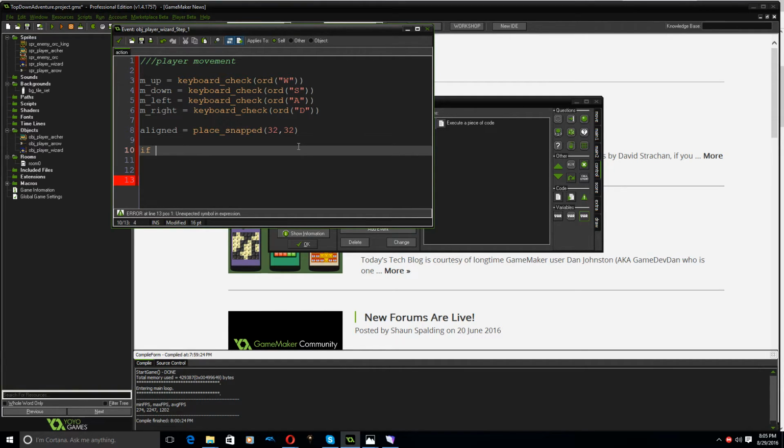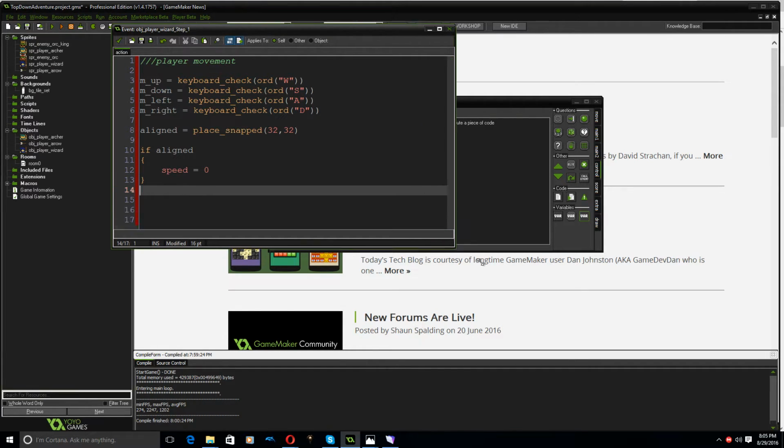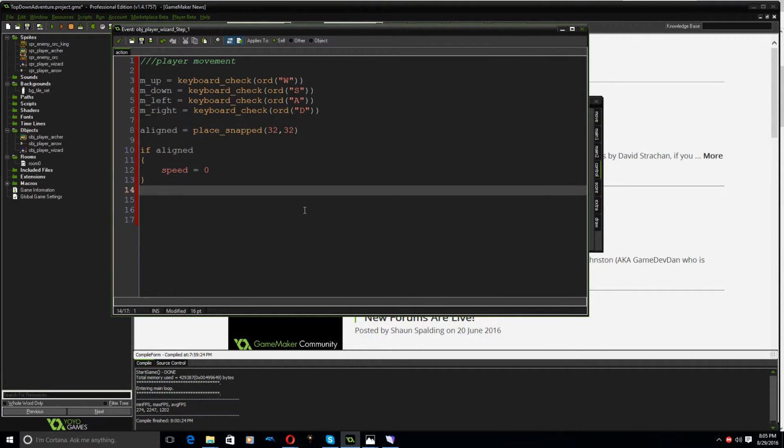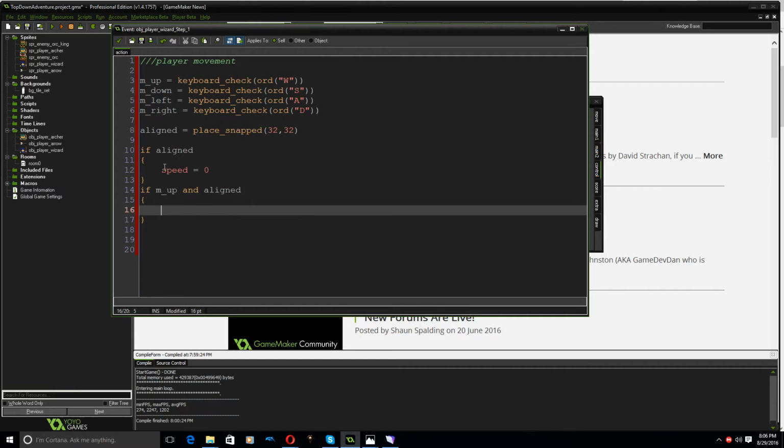So what we're going to do, if he is aligned, I could write it out like this, but it's going to get quite long to write that the whole time. So I'm just going to check if aligned. If he is, speed is going to equal 0. Now, if I'm not pushing any keys, this is all good. He's just going to stop. But if I am pushing a key, then we're going to override that. So if M up and aligned, we only want him to change direction if he is actually aligned. So if this is true and this is true,